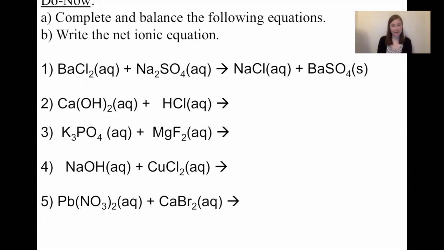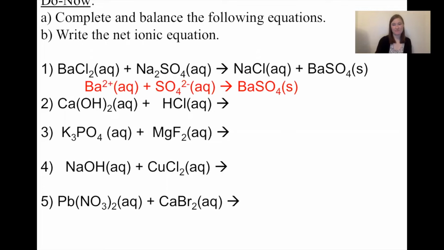If we look at the second reaction, we're going to make calcium chloride, and then H is going to combine with OH to make water. Okay, there's our net ionic equation for the first one, right? And for the second one, we should go ahead and balance this. Oh, the first equation is not quite balanced. There should be a 2 in front of NaCl. For the second equation,